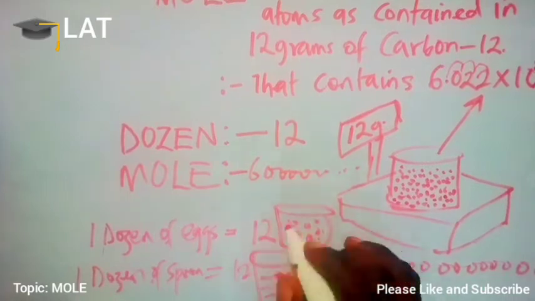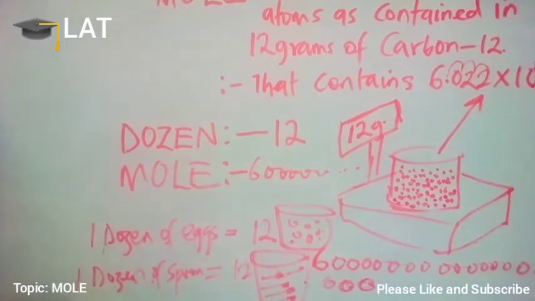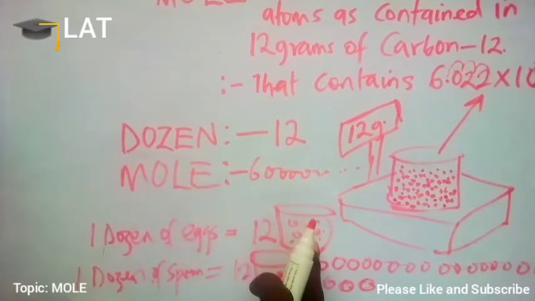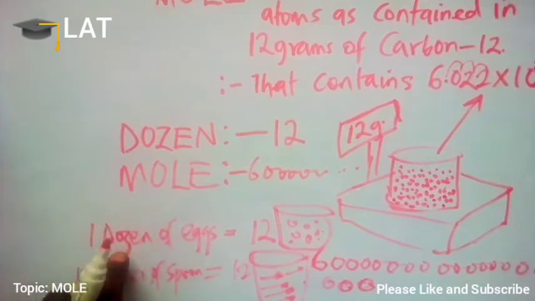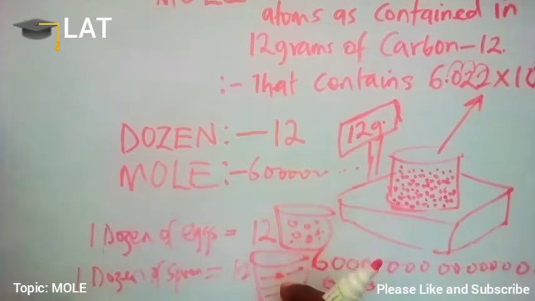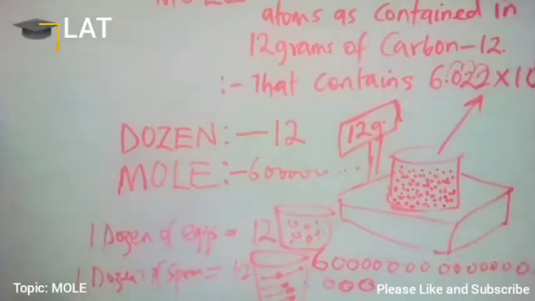You agree with me that they are not the same weight. You have 12 eggs and 12 spoons. It can never be the same weight, even though they are both 1 dozen. So in the same vein, mole also,